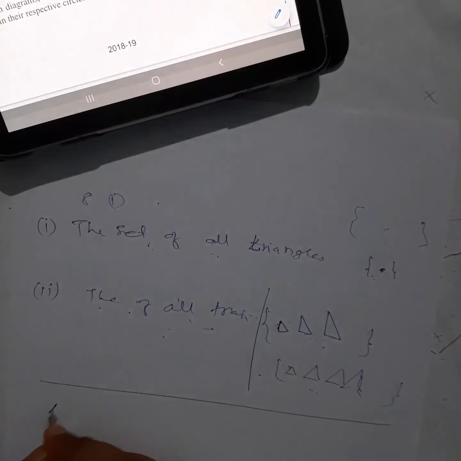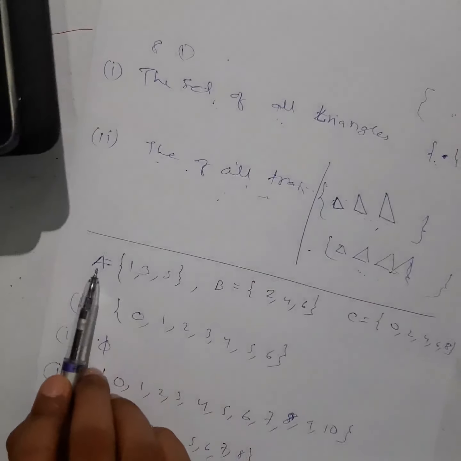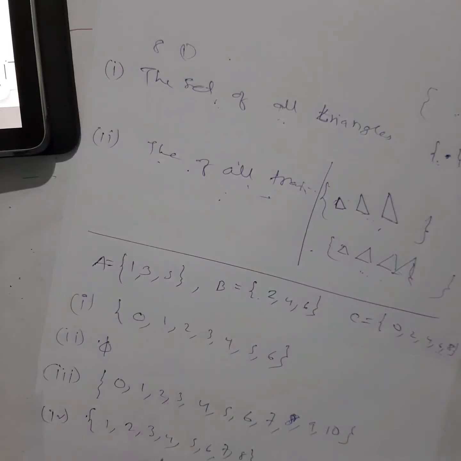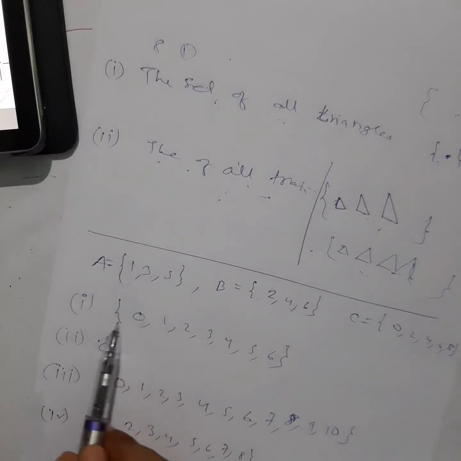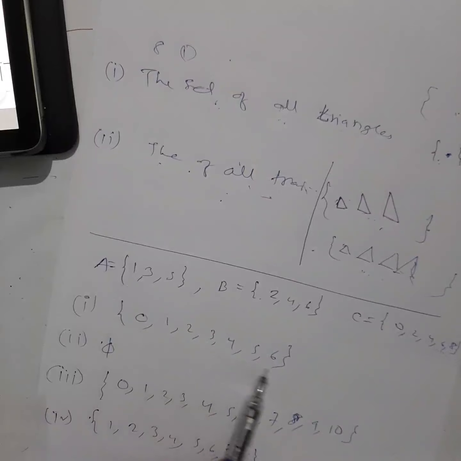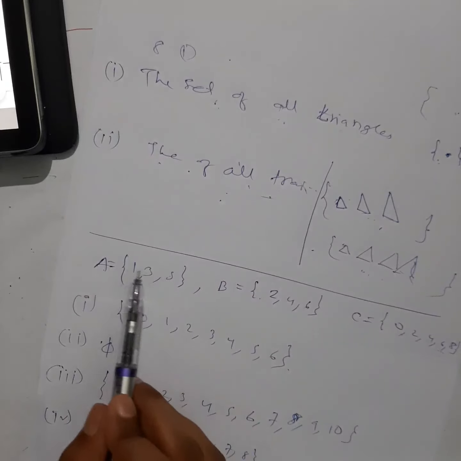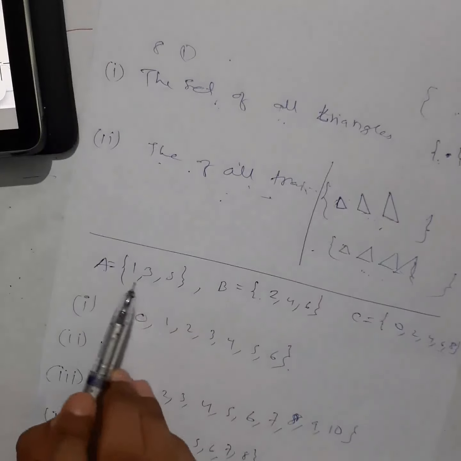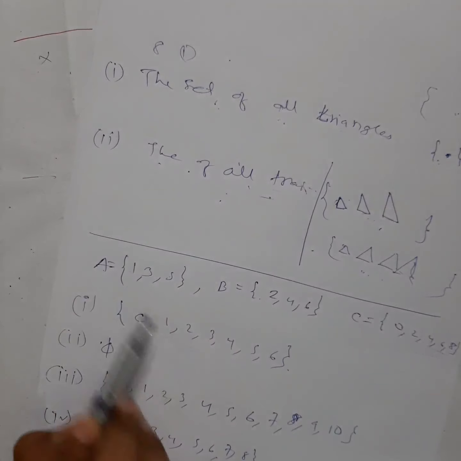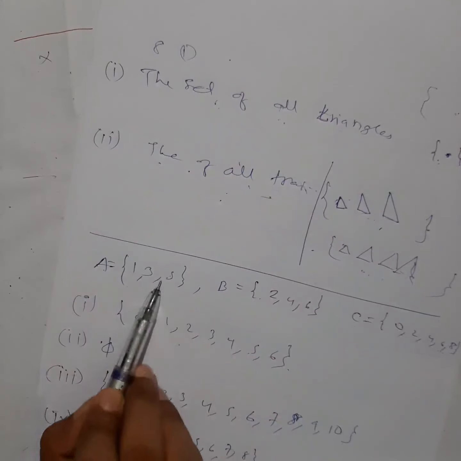So basically what they are asking in this question is whether the following given sets are universal sets for A, B and C or not. For all these three sets, you have to find out whether this will be the universal set. You can see the elements here: 1, 2, 3, 1, 3, 5. And for a universal set, as I said, the set must be bigger than this. So you can see 1, 3, 5 is there. So this is bigger than this one, so this is a universal set.